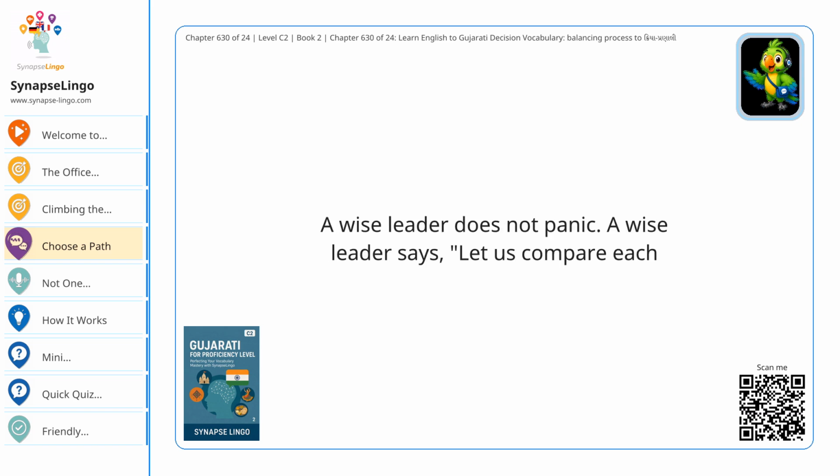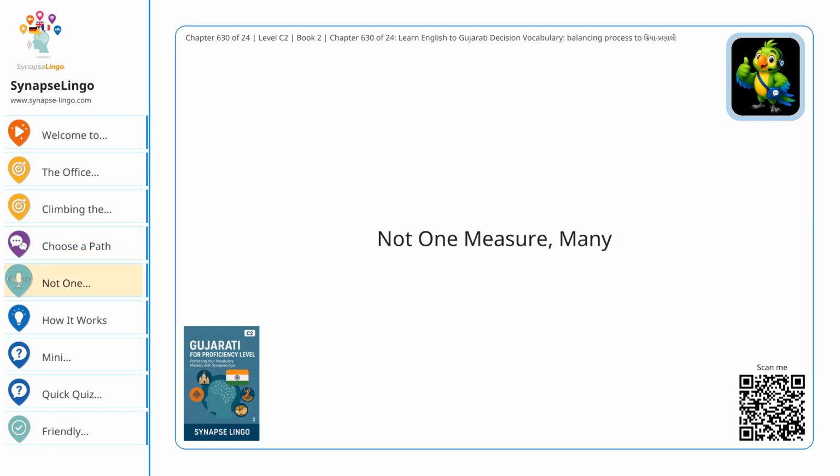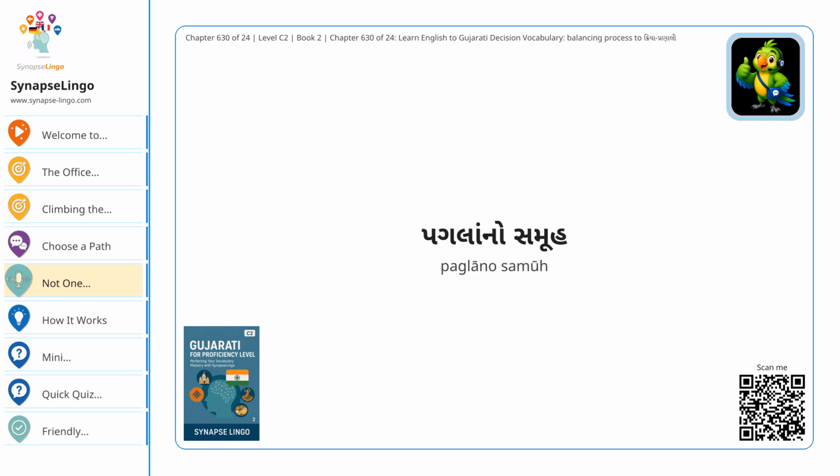A wise leader does not panic. A wise leader says, let us compare each ક્રિયા વિકલ્પ and choose the safest one. Not one measure, many. Sometimes one action is not enough. Sometimes the problem is wearing armor and laughing at your single idea. That is when you need પગલાંનો સમૂહ,